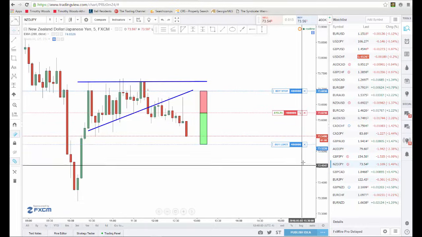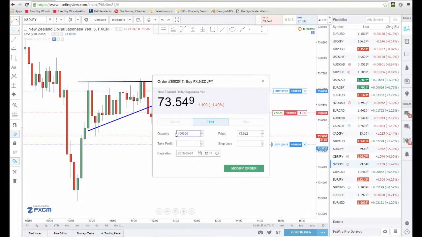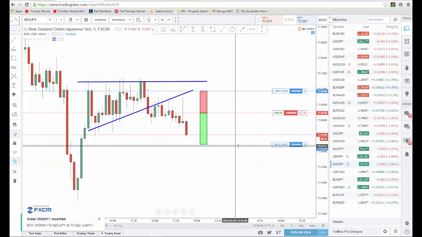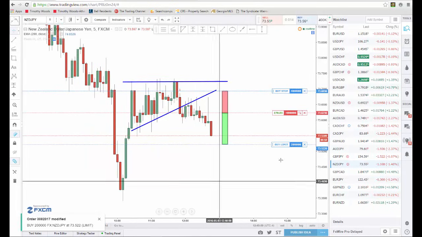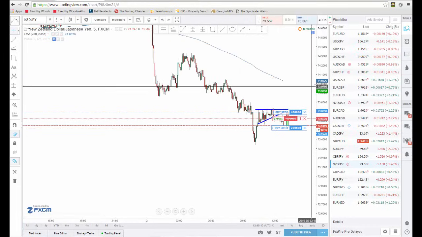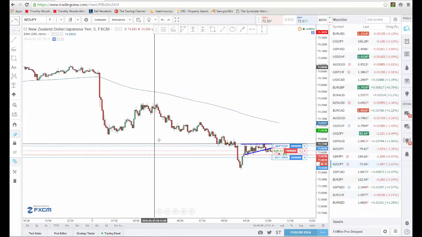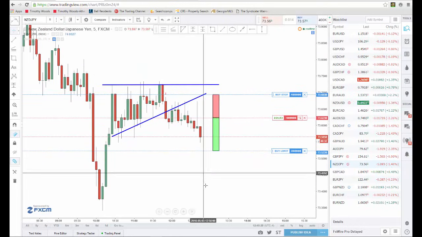And I believe I'm going to trade this with multiple targets today. So here I'm just going to go in and replace that with 2 lots instead of 4. So I'll be taken out for first targets here. At that point I'll move my stop loss down to break even and see if we can get some kind of trend continuation to the downside. As you can see, this market has been bearish for the past couple of days. Alright guys, I'll go ahead and pause the video and I'll be back if we end up hitting targets or